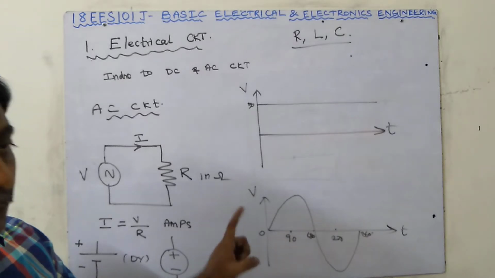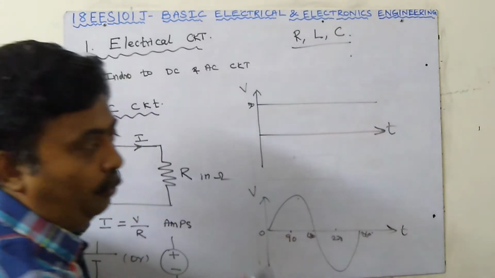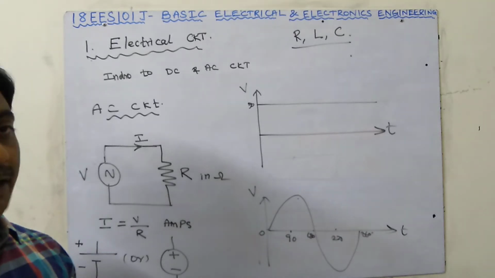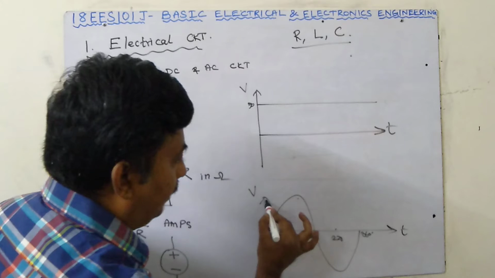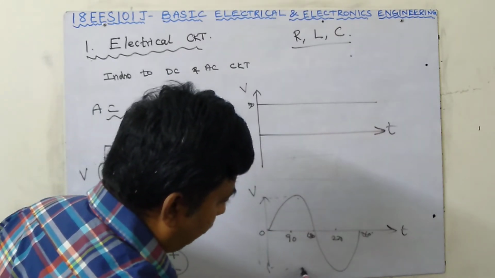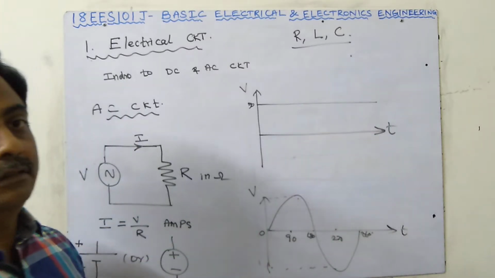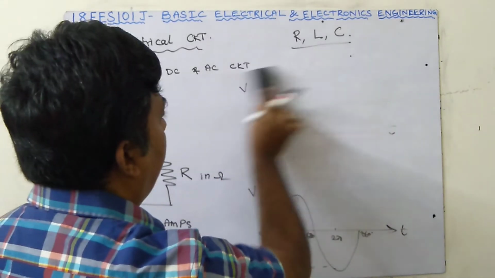So here 50 voltage, they are giving 50 volt. What is this 50 voltage? This time or this time? No, it is not like so. This is the RMS value. I will explain in the coming section. But here sometimes it will be maximum, sometimes it will be 0, sometimes it will be negative maximum. So it will be continuously changing. It is not constant. This AC is not constant volt.